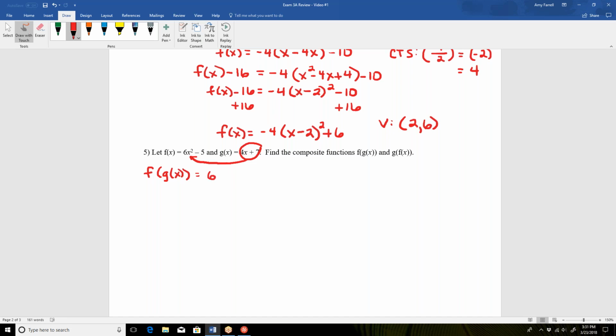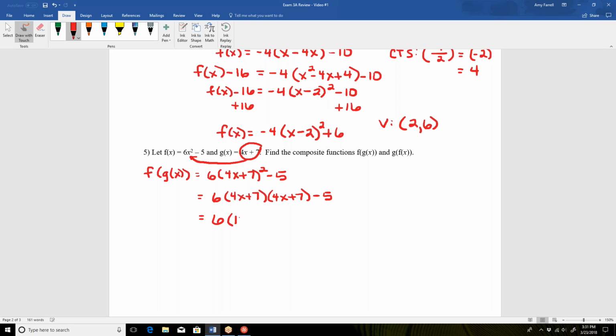So this becomes 6 times, not x squared, but the function g squared minus 5. When we square a binomial, we do have to FOIL. We can't just square each of the terms of the binomial. I also can't distribute the 6 in step 1 here. I've got to write that twice before I distribute the 6. Now at this point you could distribute the 6 if you wanted to, but I'm going to go ahead and continue with